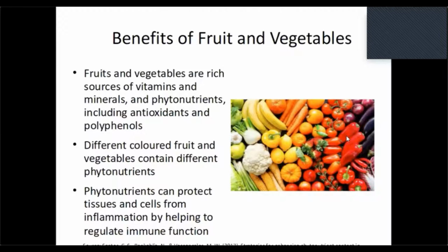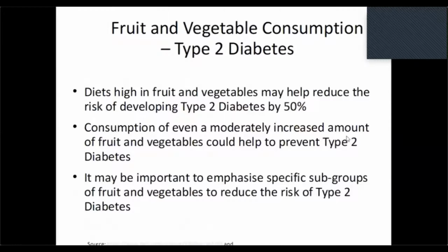to regulate immune function. There is an increasing body of research that suggests chronic inflammation can be a major contributor to the development of chronic diseases such as type 2 diabetes. Therefore, the food we eat needs to be as nutrient dense as possible with high levels of phytonutrients. If we consider food as medicine, here are some recent research findings on how fruit and vegetable consumption can impact